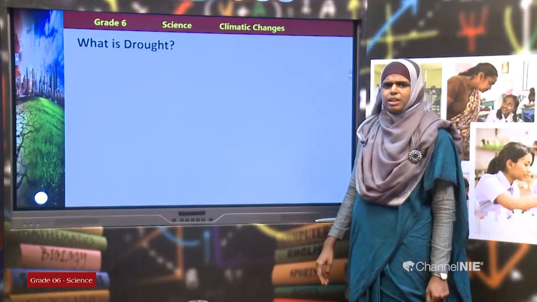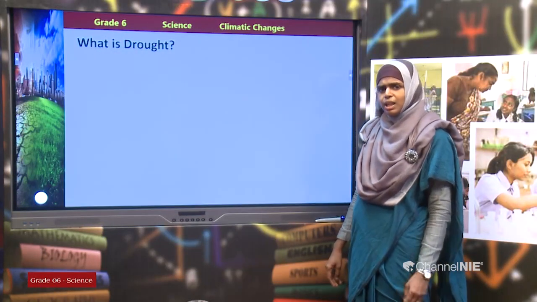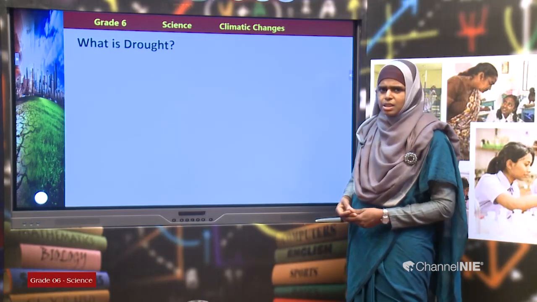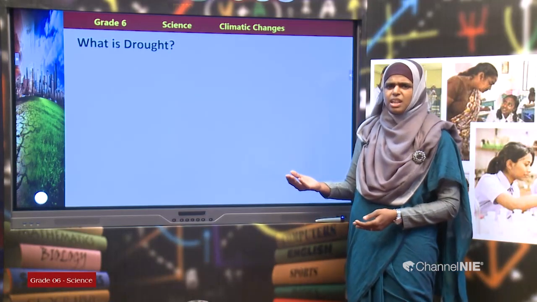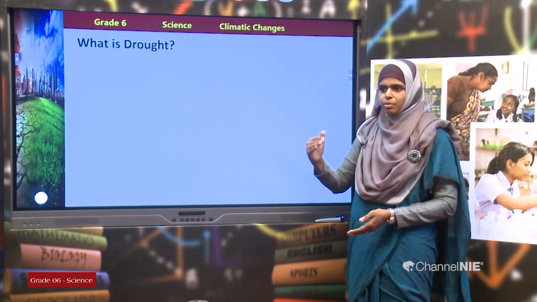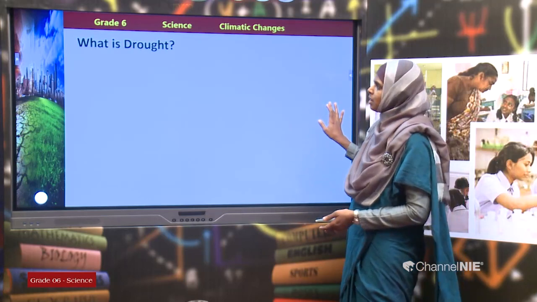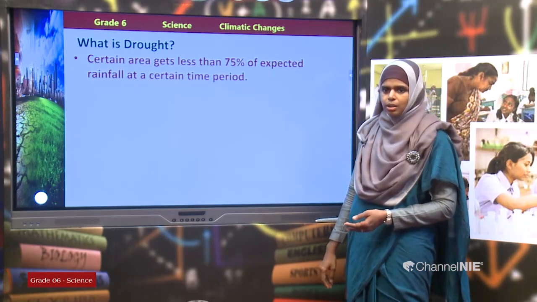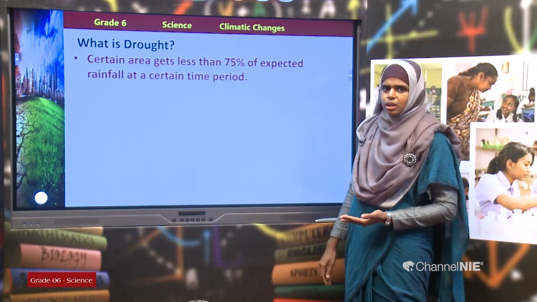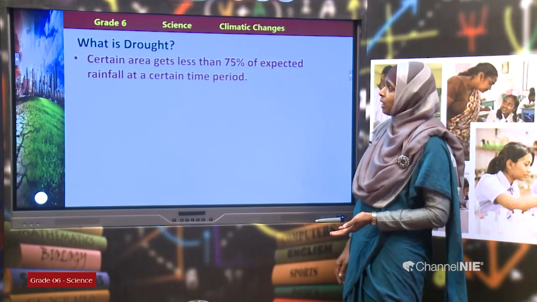Drought is called a natural disaster, and it is a silent disaster. Why is it called a silent disaster, children? Until conditions are very serious, nobody would notice it. It will start due to changes in weather, and it would aggravate the condition and finally end up having a very severe impact on the environment.